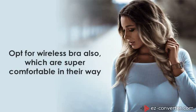After all, there's nothing more maddening than when the underwire of your bra starts to jab you instead of offering support. You can opt for wireless bras also, which are super comfortable in their way. They shape as well as lift, similar to the push-up bras you invest in. In addition to that, since many bras can result in both shoulder and back pain, you have got ample options in the